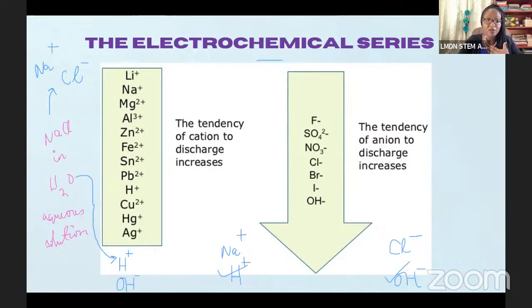I really encourage you to do this because this is something that I have seen on past papers before and it could come up, right? So make sure that you pay attention to that. Even if it doesn't come on a paper 2, it might come on paper 1, in that you have to know the difference between them. What's going to get oxidized versus what's going to get reduced. You have to know that. So pay attention to that, okay?